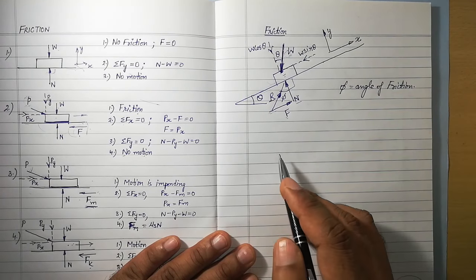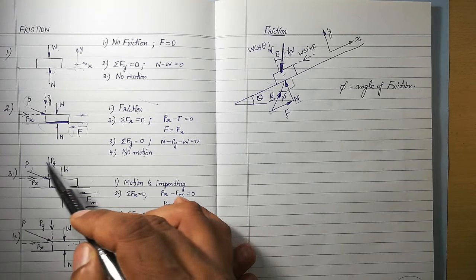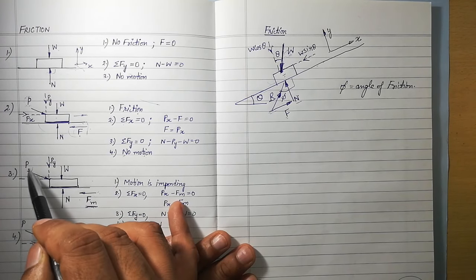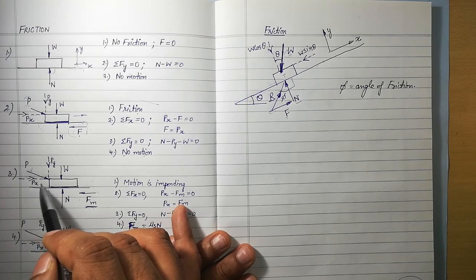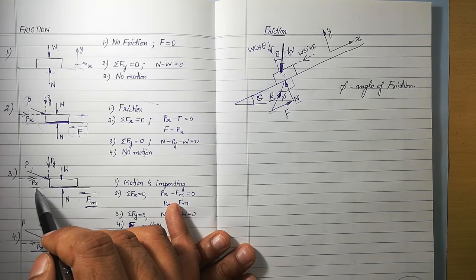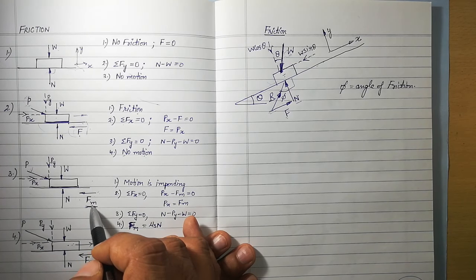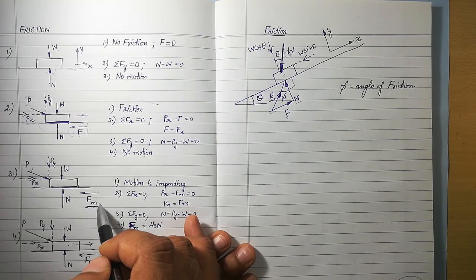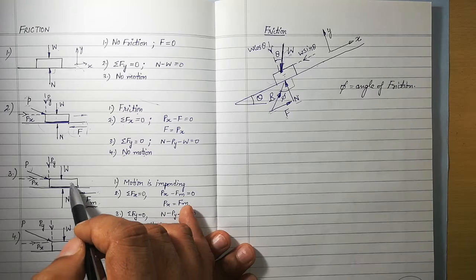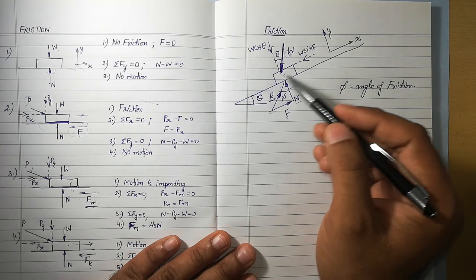Now over here, one thing to understand, we will now apply the third stage. In the third stage, we said that if we increase P further, its component along the surface, Px, will also increase, and that will result in an increase in the frictional force, and the frictional force will reach its maximum value, that is limiting friction or maximum static friction available between the two surfaces.